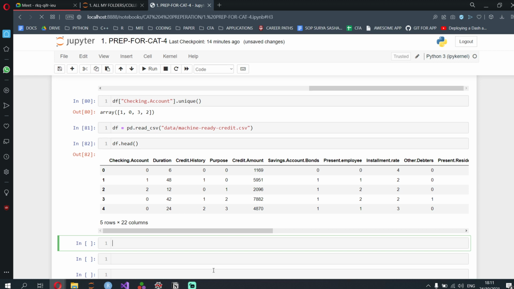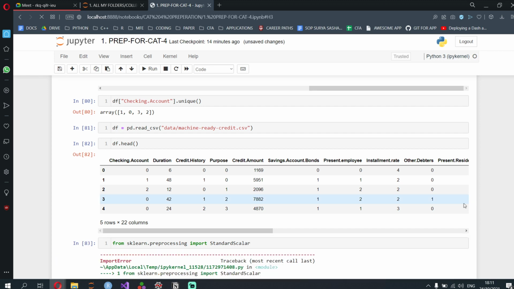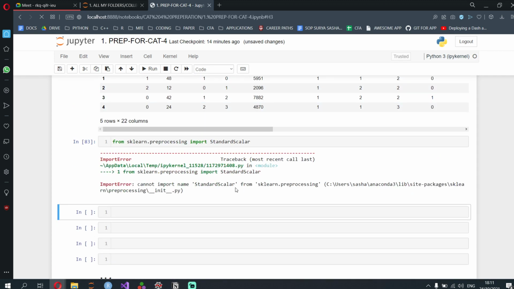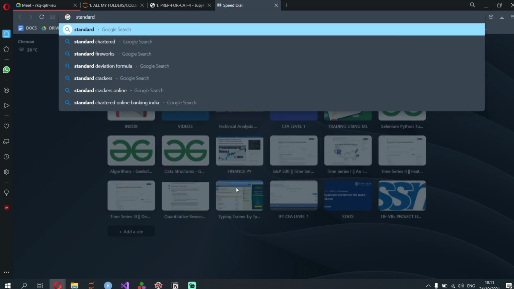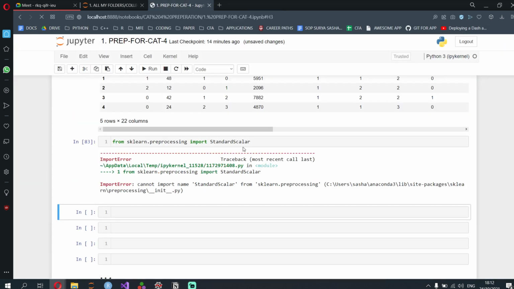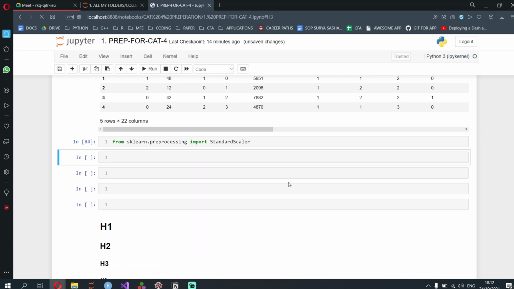test split. So from sklearn.preprocessing import StandardScaler. Again, you need to import all, you need to remember all of the StandardScaler. Cannot import name StandardScaler. Okay, so where is StandardScaler? You show the spelling? Yeah, scaler, I put AR. Yeah. Thank you. Okay, so this is correct only.